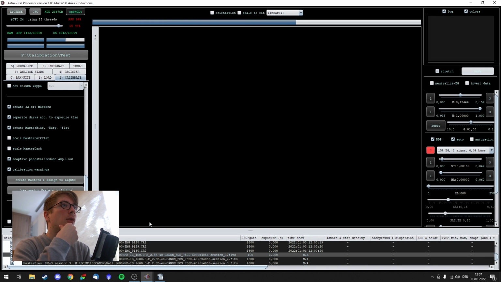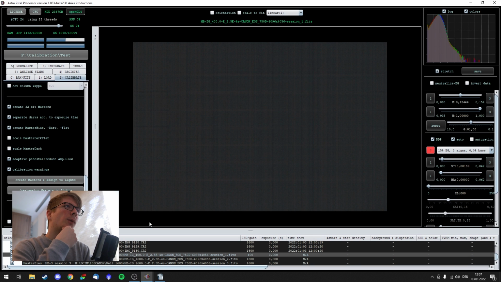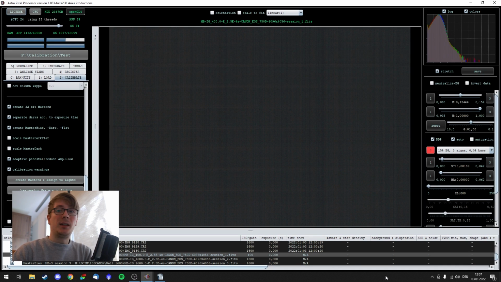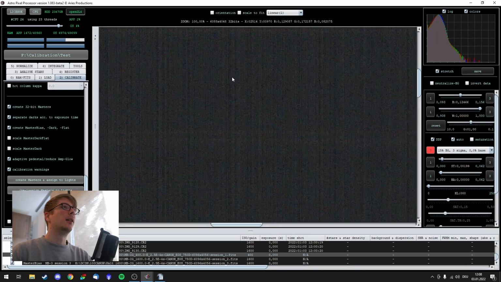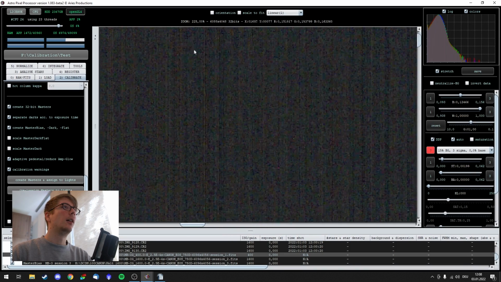ISO 400 bias frames. Did you ever wonder where banding noise comes from? I think I found the answer. Zooming in we see banding, who would have guessed? So that's the first type of noise that the bias frame is used to reduce, to subtract, to get rid of. And one more thing, if I go up here,